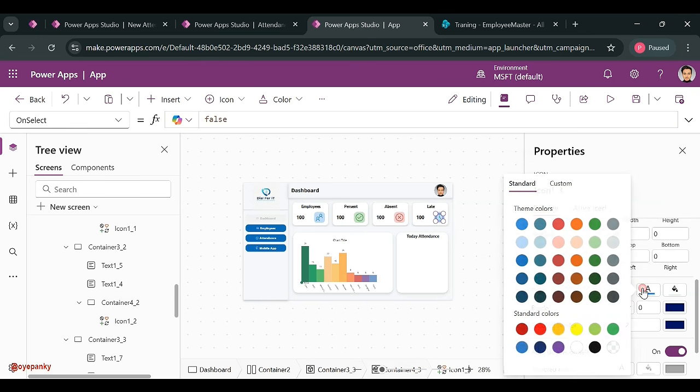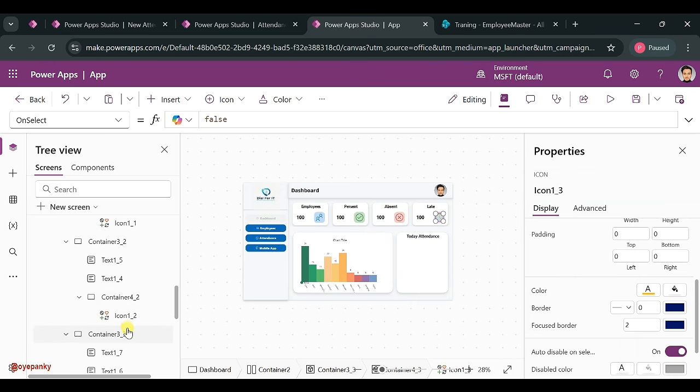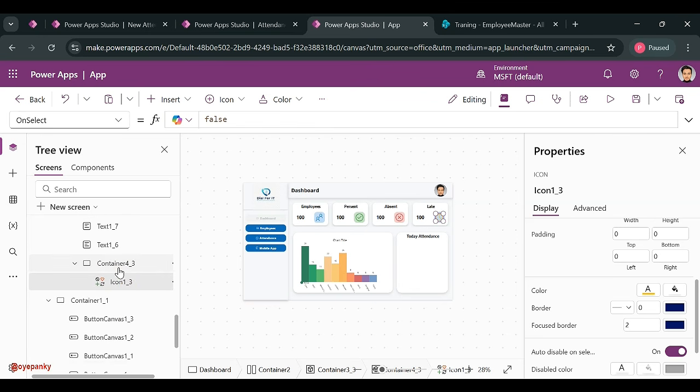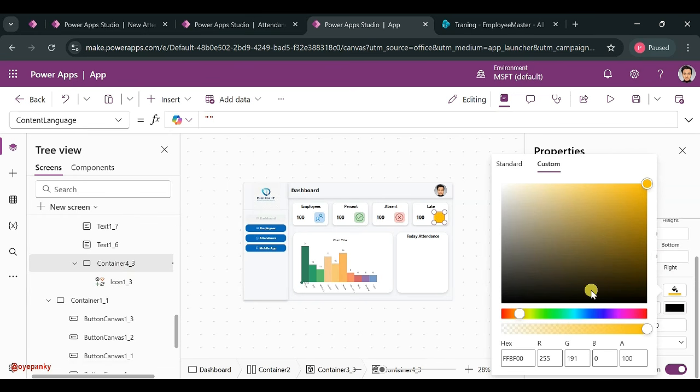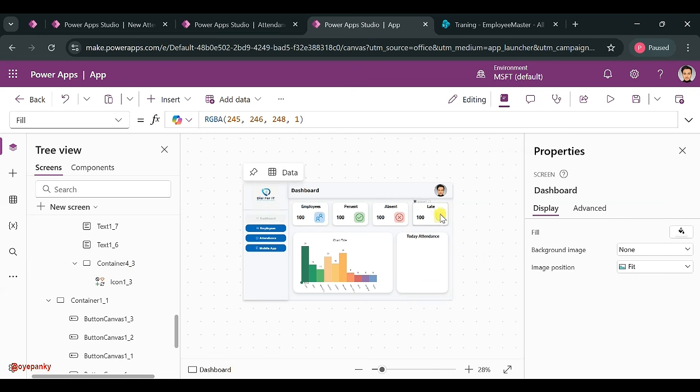Same for this, you can choose the same like the dark yellow color, and yellow I think not good. Let me check the container, and here you need to select this one, and here you can select the 28. I think yellow is not good, so I think fine. Okay,